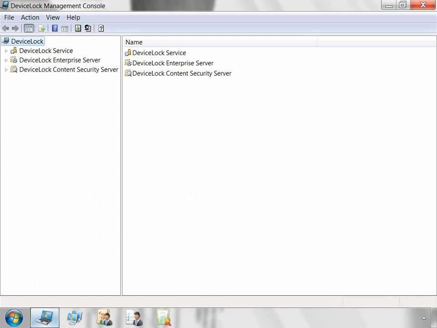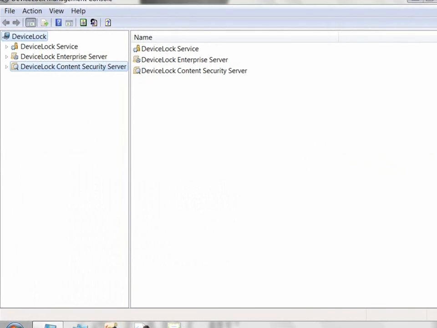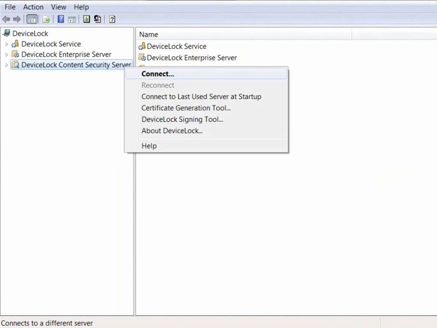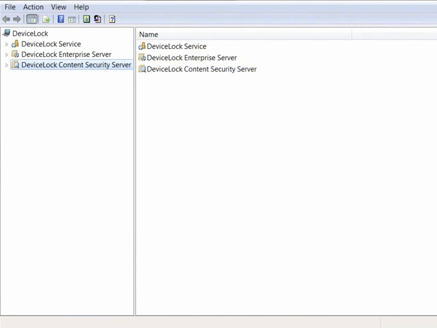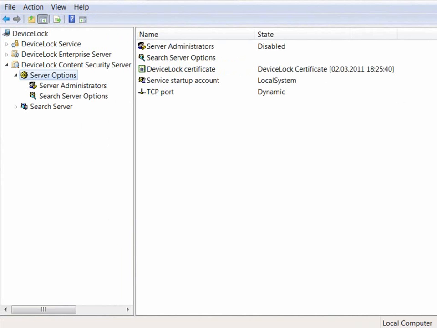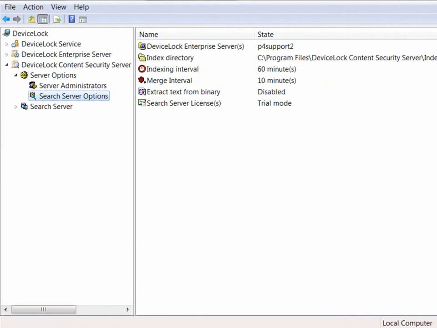Use the DeviceLock Content Security Server node in DeviceLock Management Console to configure and use the server. There are two types of configuration settings for DeviceLock Content Security Server. General settings that affect your whole DeviceLock Content Security Server deployment. Full text search settings for search server that are related to full text search and affect only the search server